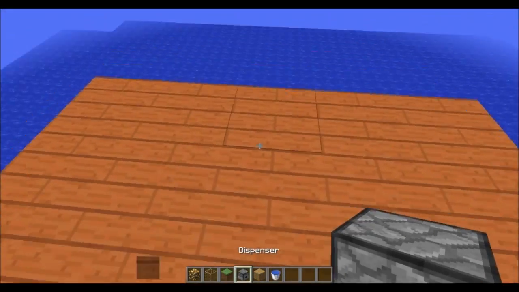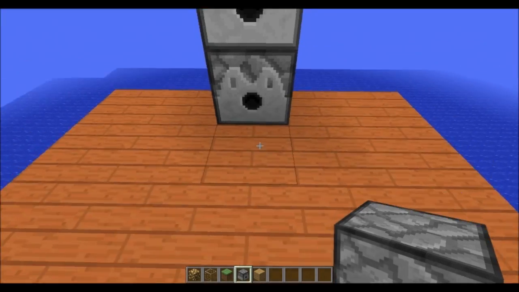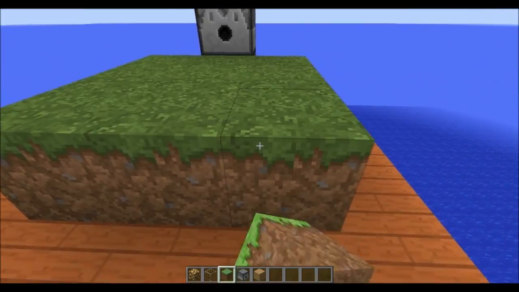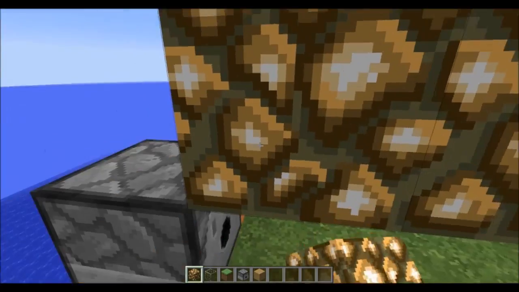So you're going to take your dispensers, put 2 on top of each other in the back here. Then on the top one, you're going to put a water bucket inside of it. Then you're going to take your grass blocks and form a 3x3 square with those grass blocks. Then you're going to take your glowstone, go 2 up like this, put another glowstone here,